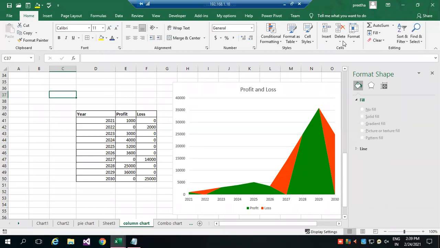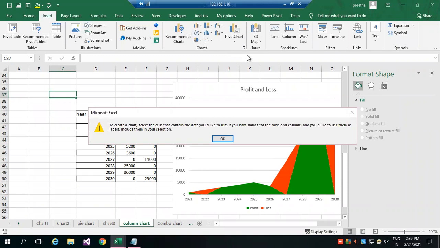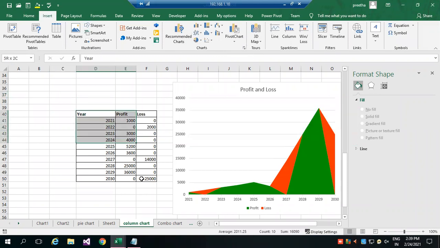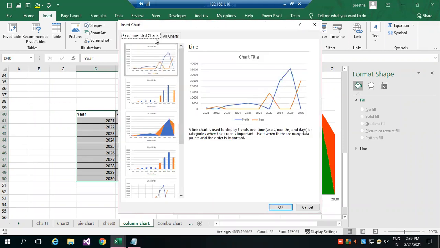Fine. So this is called area chart. So at least, minimum we should know when to use column chart, bar chart, line, pie, area chart, XY chart, combo. Okay. So minimum, these are all a must. And later on, based on the requirement, we'll be using some advanced charts also.